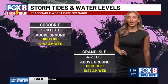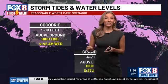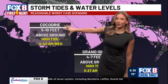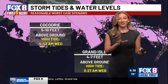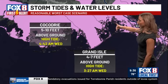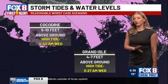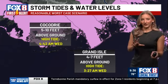So let's look at the tidal times here with the storm surge for these areas. Cocodrie, 5 to 10 feet of storm surge expected, and that's because I showed you those winds. It's really going straight into Terrebonne Bay if we see that coming up on the western side, which is worst case scenario. Grand Isle, you're going to have those problems if it's a little bit farther east. So I would say we've got to watch for where this makes landfall, because 4 to 7 feet might be a little on the low end if it is a little bit more toward Cocodrie,